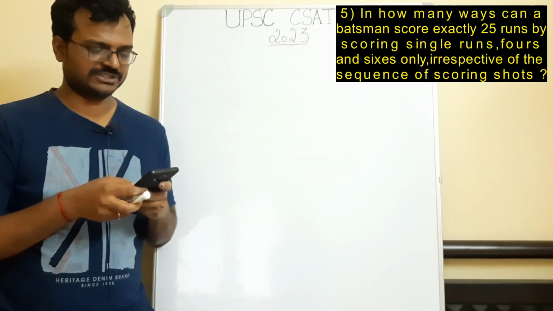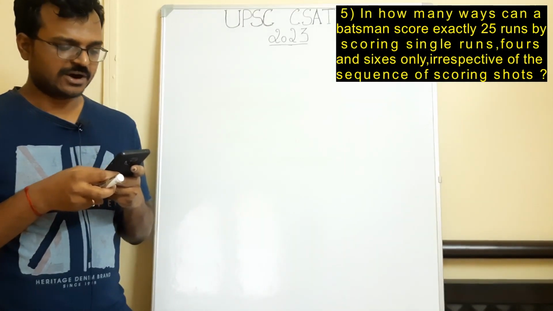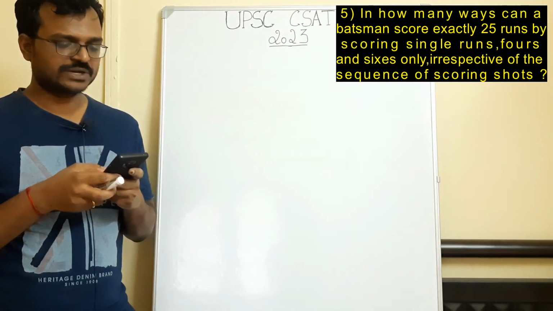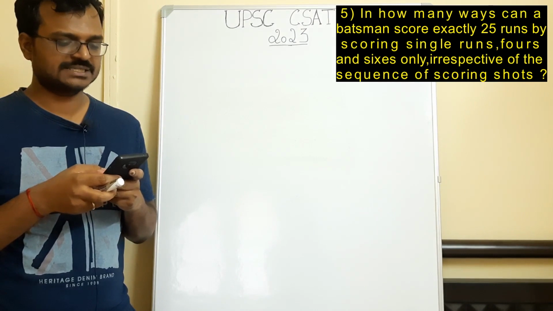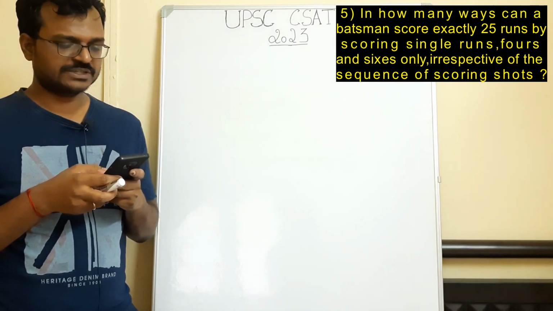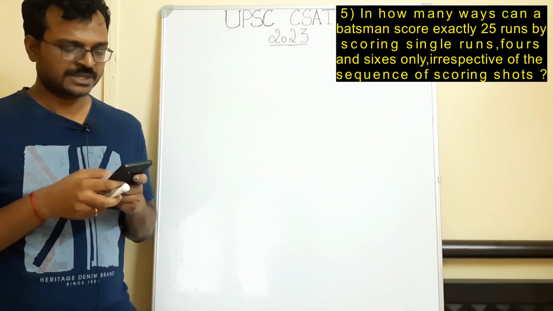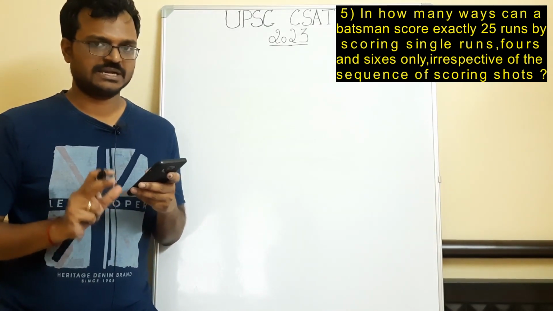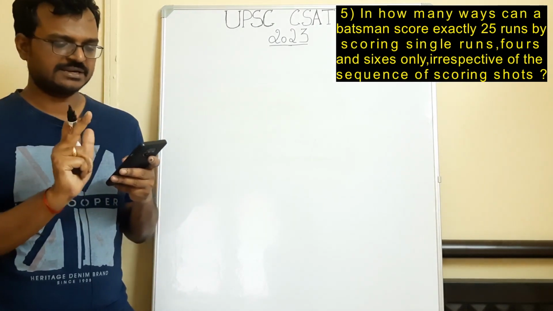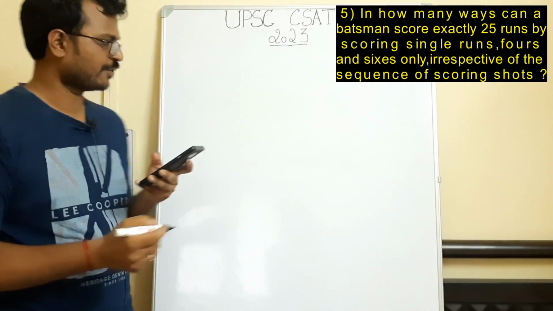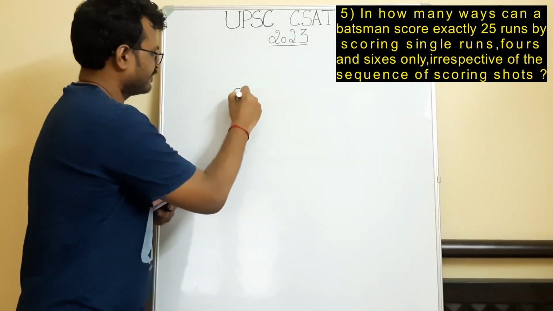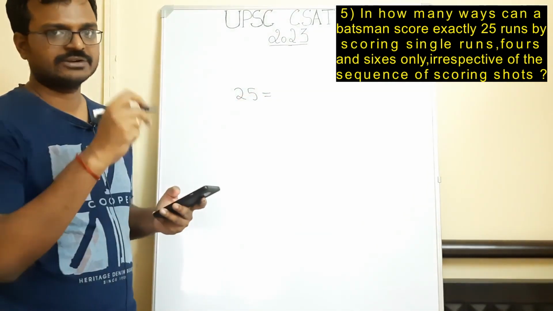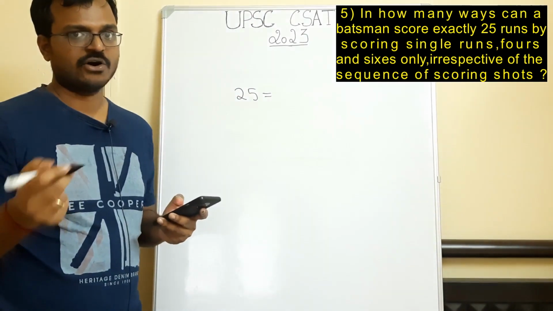Let's go to the fifth question. It asks us, in how many ways can a batsman score exactly 25 runs by scoring single runs, fours and sixes only, irrespective of the sequence of scoring shots? So they tell us that the batsman scores 25 runs and he scores either in a single run or 4 or 6. So that leaves us with 25 being a summation of either 1, 4 or 6 or multiples of